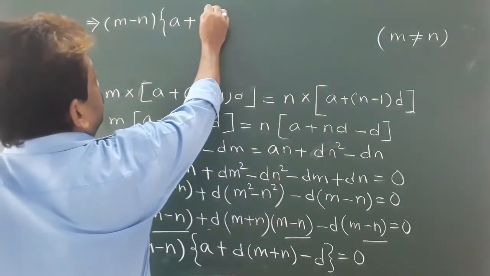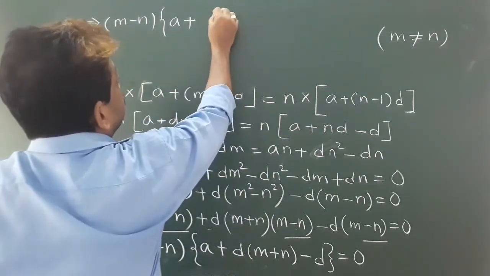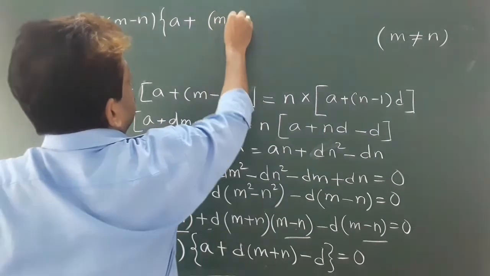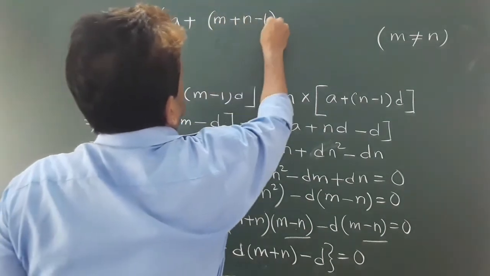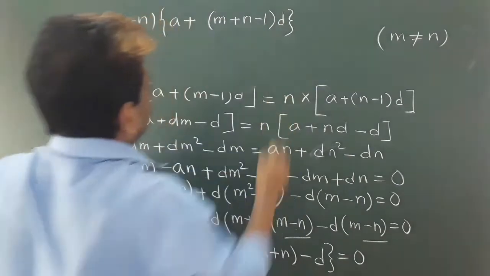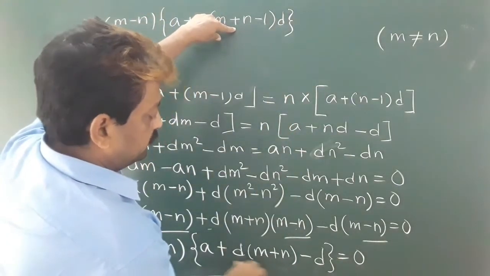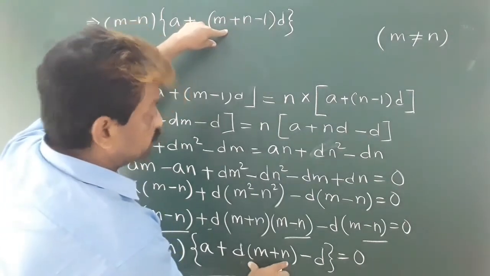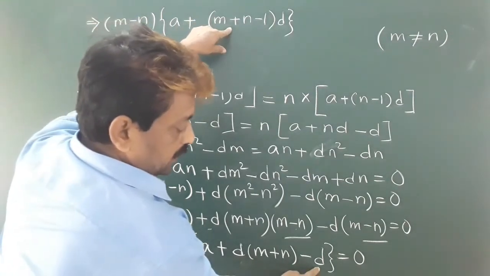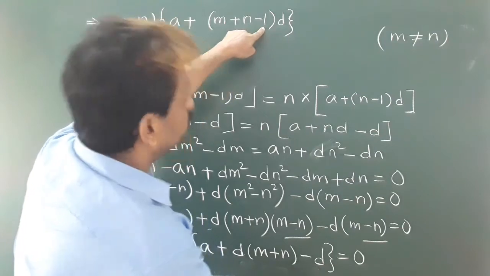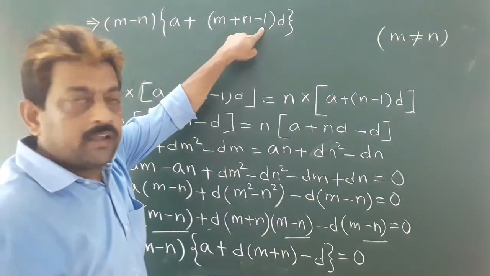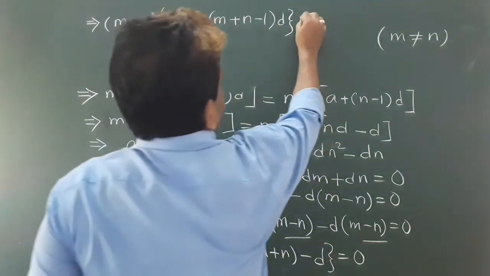So if d is taken common, then it will be (m plus n minus 1) multiplied with d. See here, I have taken d common. From here d is taken common, so m plus n will remain here, and from here I have taken d common, so minus 1 will remain inside the bracket. Okay, and the right hand side is 0,